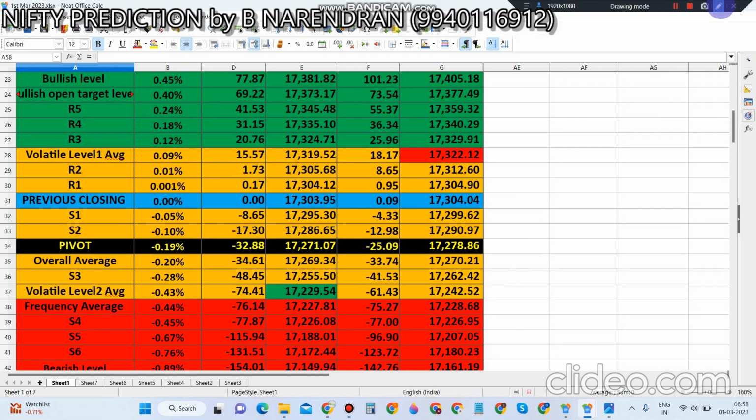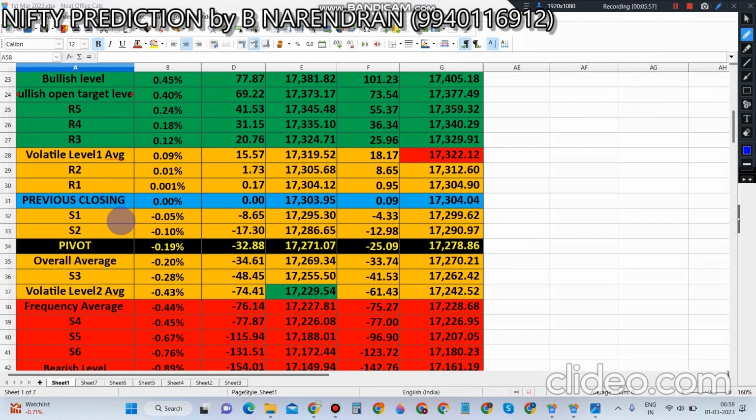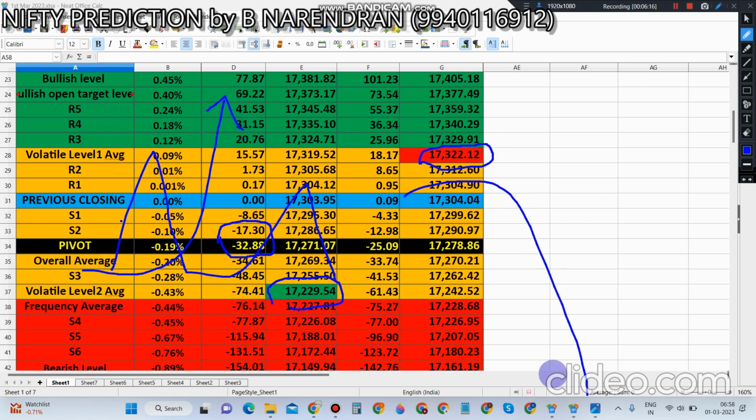Why? Because the data says if pre-opening is between 17 points minus and 32 points minus, it is in the volatile zone. So pre-opening is in the volatile zone, whether it is going to keep this low and go high or keep this high and go low, we may not know at this point of time. So we are asking to go for the hedging method, and the advisable trade is 80 points in the call option, 80 points in the put option. This is advisable to go, but